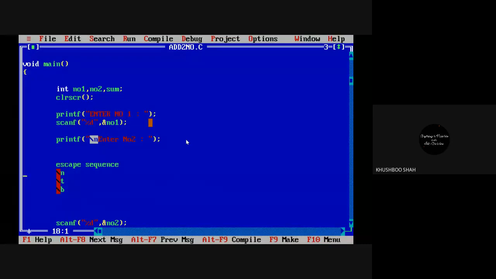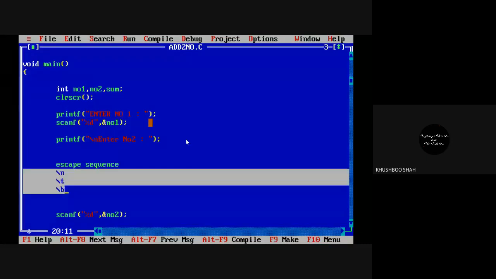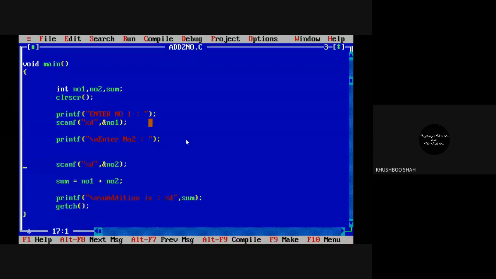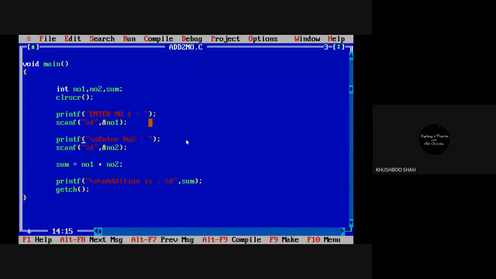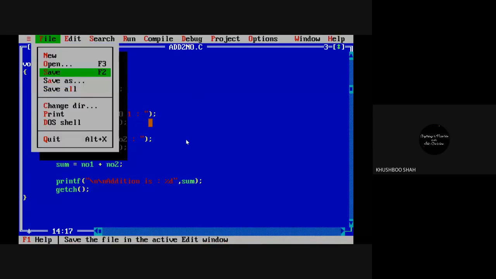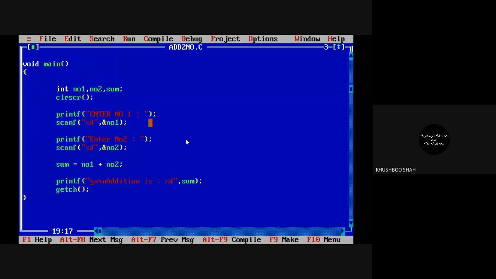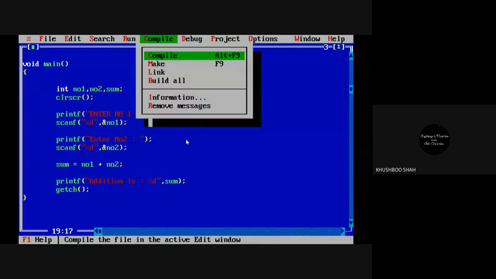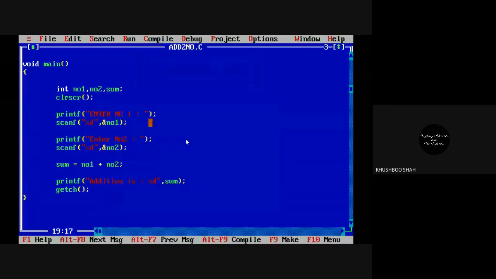What happens if I don't write them? Let's see. You have to observe and answer me what happens if I don't write \n over here. I have removed the \n, even from here I am removing \n 2 times, and save the program, compile the program, and run the program.